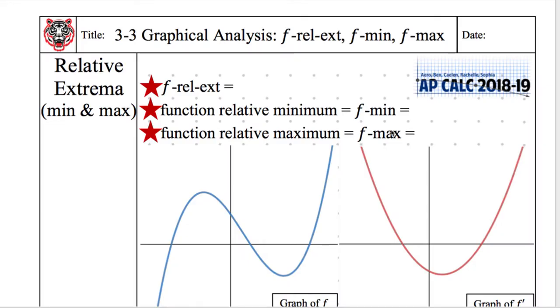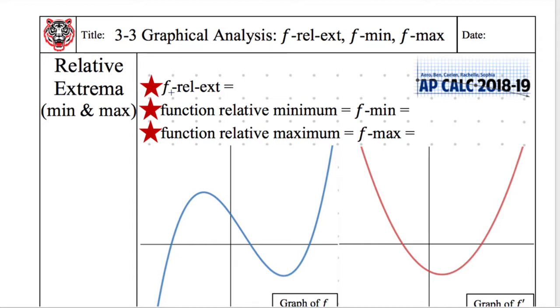Calculus! This is AP Calculus lesson 3-3! Graphical analysis, relative extrema, minimum, and maximum. So, relative extrema, that is another way of saying min and max. Relative extrema is kind of this broad umbrella category that just says you have a minimum or you have a